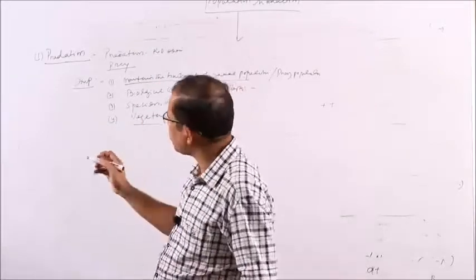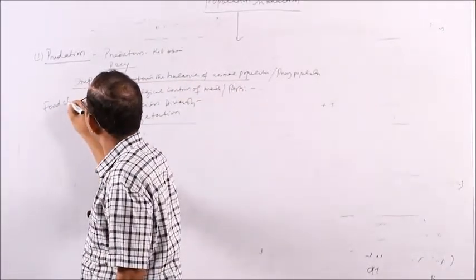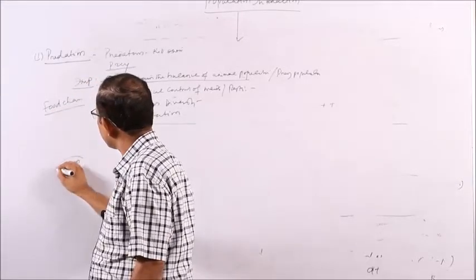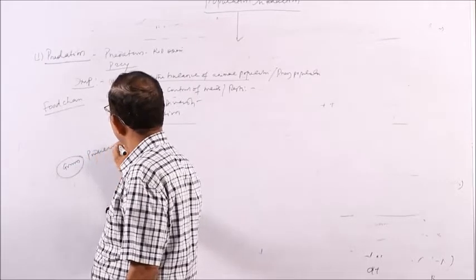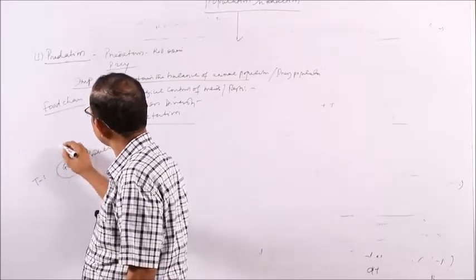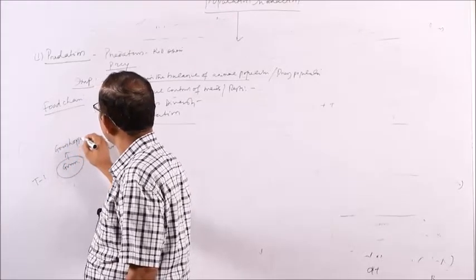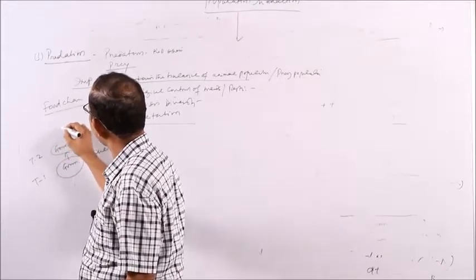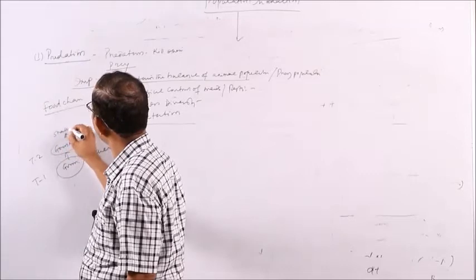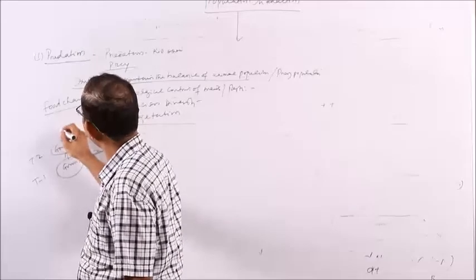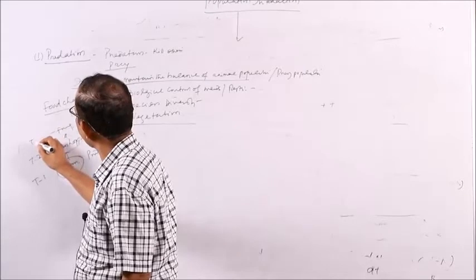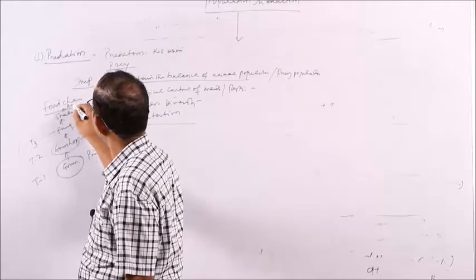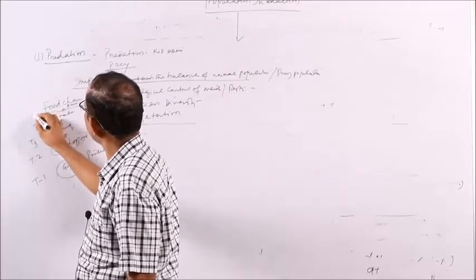So if you take a food chain, a very good example of this, you are finding the grass. These are the producers, trophic level 1, then grass is taken by the grasshoppers. These are trophic level 2, then you will find a frog, they are trophic level 3, then you will find snake, then hawk. So trophic level 4, trophic level 5.